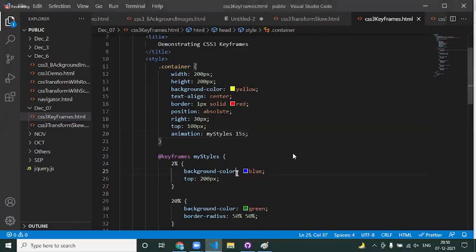And one more thing. For example, by default, what is happening? It starts at the 0th percentage, reaches 100%, applying the CSS. What if you want to keep on continuing it? I want to show some animation effect and I want to keep it continuing. Then you simply specify animation and say something called infinite. Whenever you say infinite, it will keep on going. Once it reaches 100%, it will again start from the first percentage. See here.